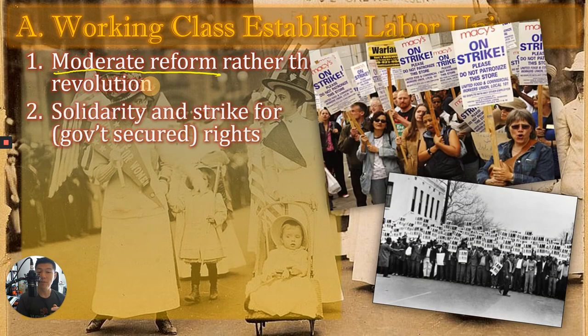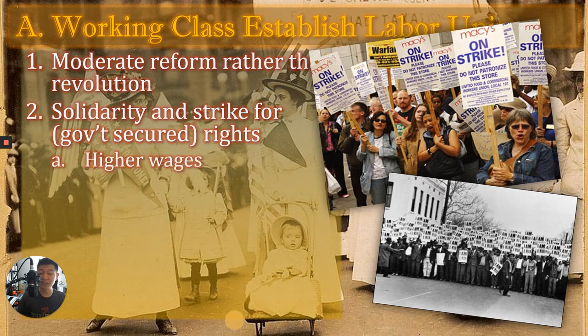Many of these working class groups will form labor unions, and if they're able to come together, and this is always a challenge, and it's going to take decades for them to secure these things, they're going to eventually, through the process of stopping work in these strikes, secure rights for themselves. And also, not only that, but for subsequent future generations. And in a lot of ways, we are the beneficiaries of some of the things that they're able to do,